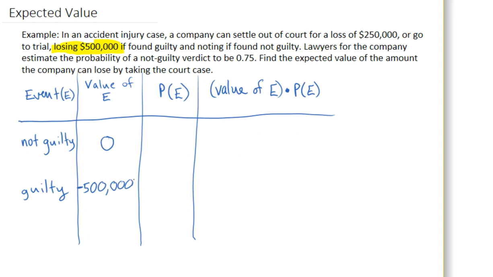And it's important, if you're losing money on these problems, that you make it a negative. If you're gaining money, you make it a positive, because both will be possible on some of them. Okay, so